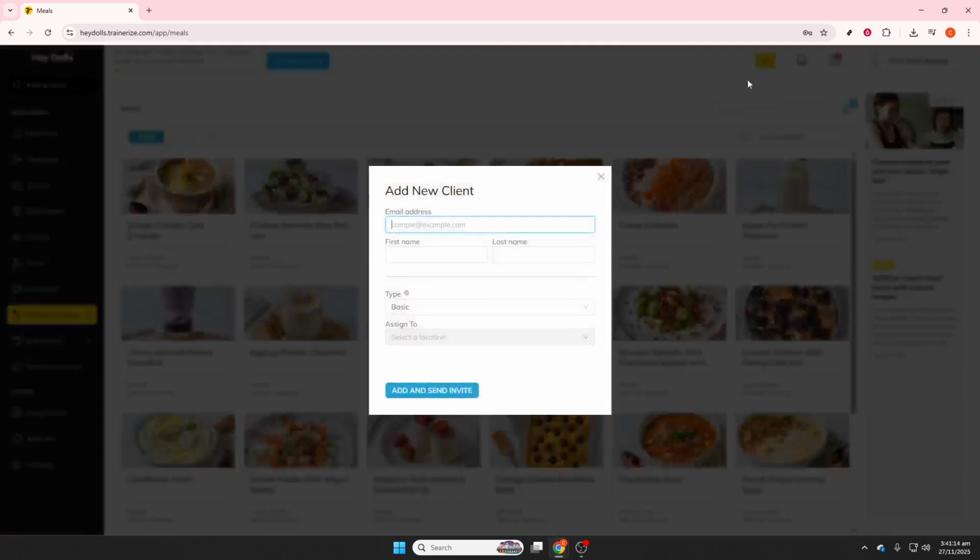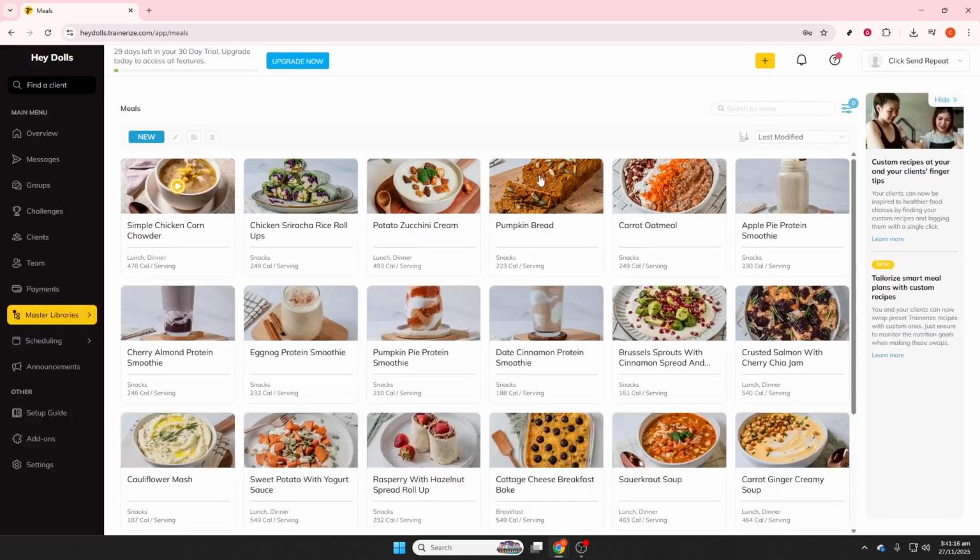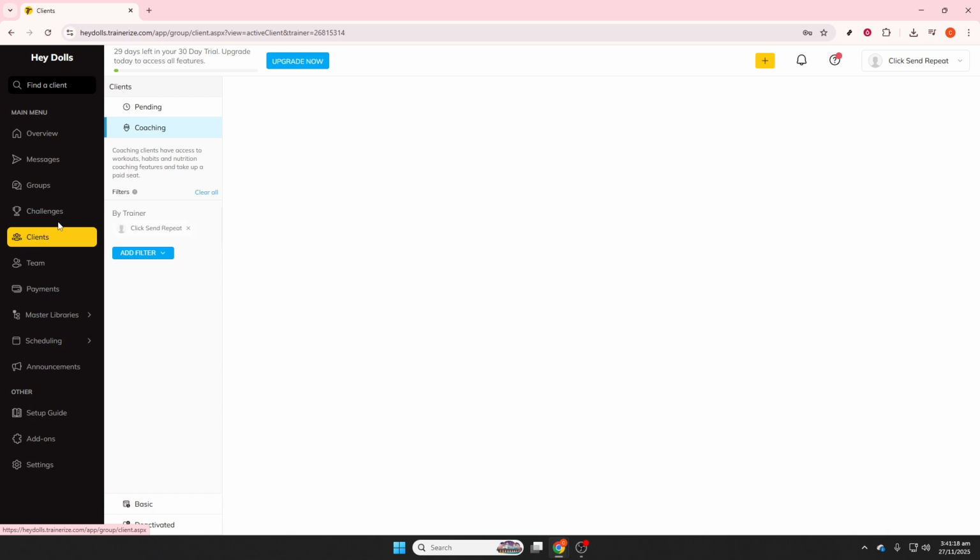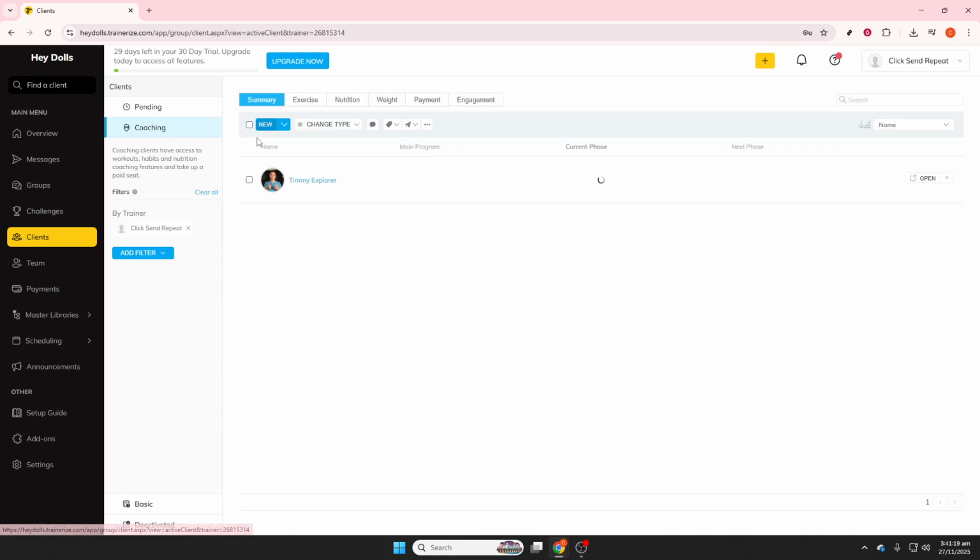Now decide whether you're adding to something that already exists or building new. If you're editing an existing plan, click Edit Meal Plan and you'll see the meal slots laid out. If you're creating from scratch, click Create Meal Plan, then pick Build from Scratch for full control or use Template